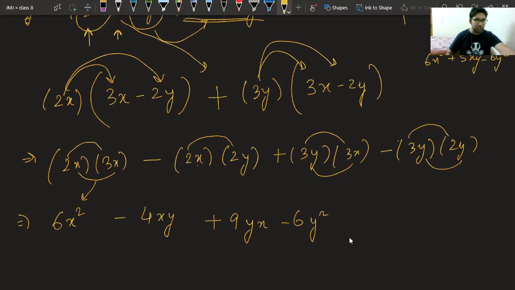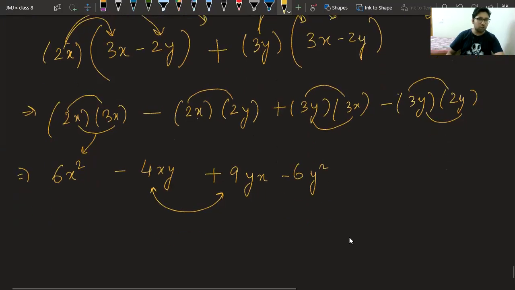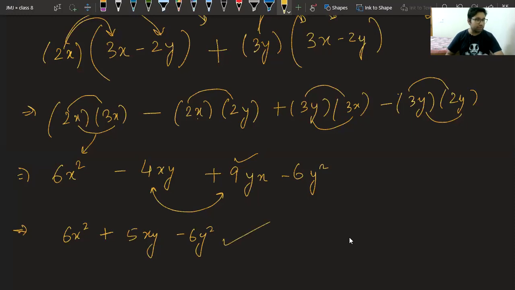Now if you see, we can simplify this. Smriddhi, by mistake I think you have got 3xy, which is wrong. It should have been 9xy, right? Please check. Now just solve this further. It will become, as plus 1 is larger, 5xy minus 6y square. This is the answer. Others, please confirm. Is it clear to everyone?